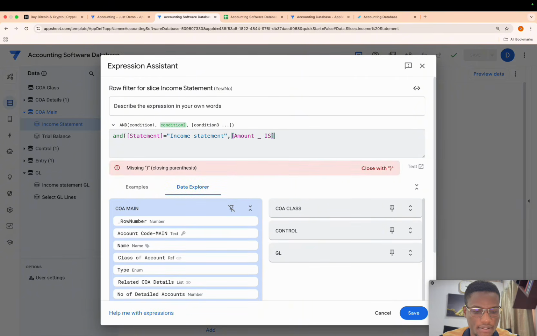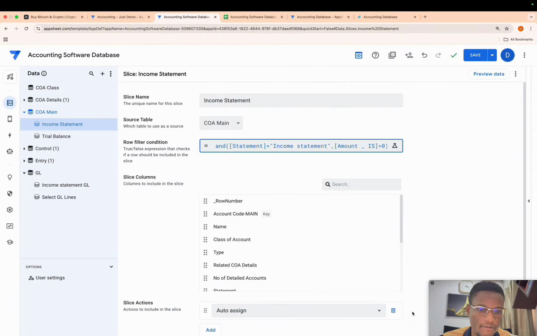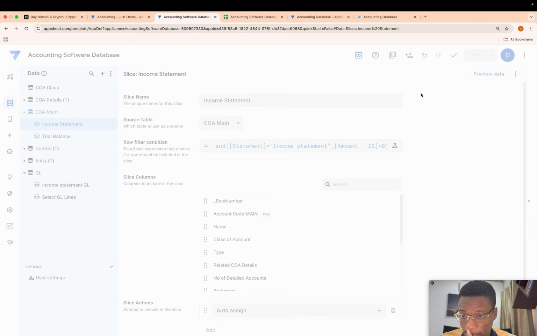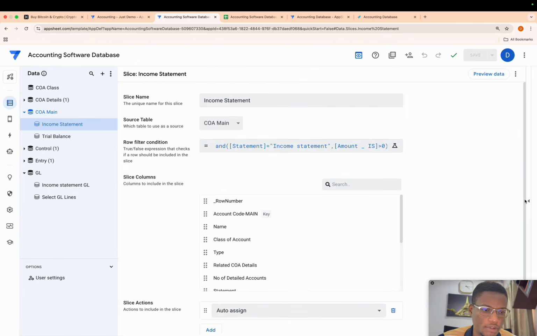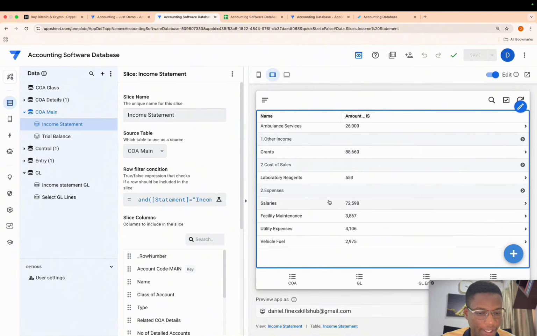Amount is equal to, is greater than 0, close brackets, and click save. Click save here. Good. So now what's going to happen is all the zeros are going to leave, but then our totals are also gone, right? So we need to fix this.